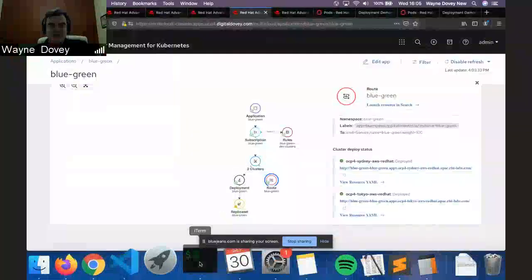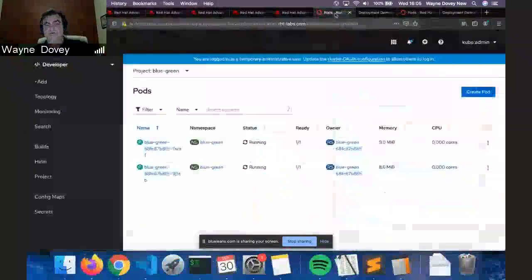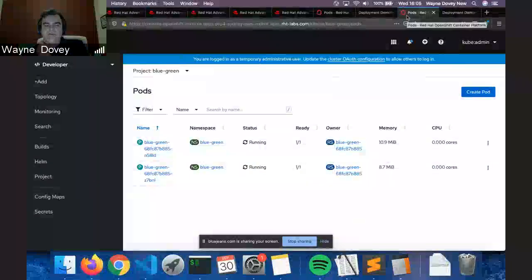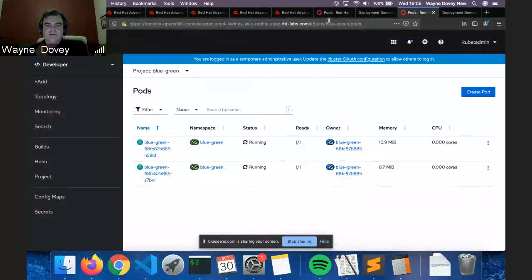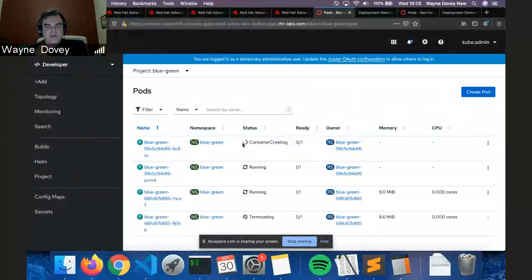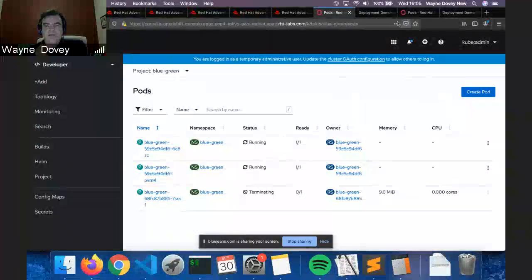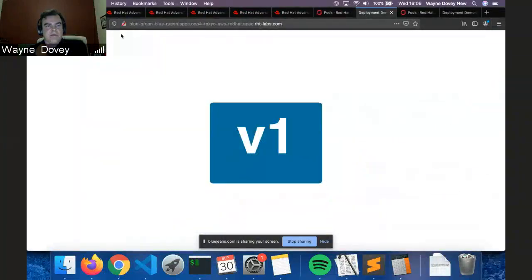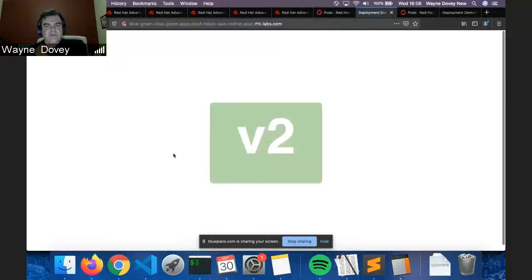So that's now been committed, and I'm going to go off and have a look at the pods in question on the namespace. And after a short amount of time, you will see that it'll trigger an update through the deployment for the service. You can see on the Tokyo cluster, it's now triggered that update. It's a rolling update, so it'll take a little bit of time to bring the new pods into service. And then once that's completed, if I go onto the Tokyo one, it should be V2 as expected.